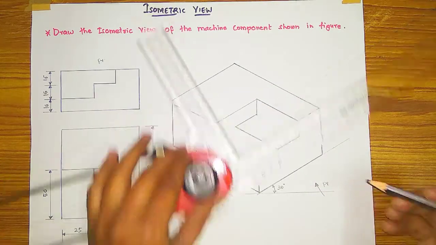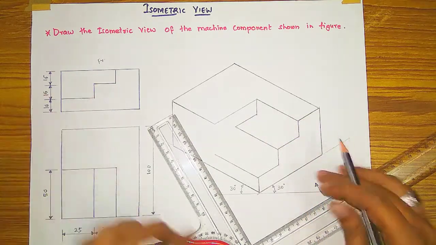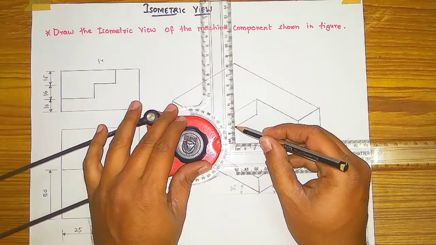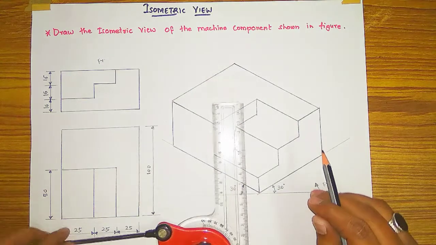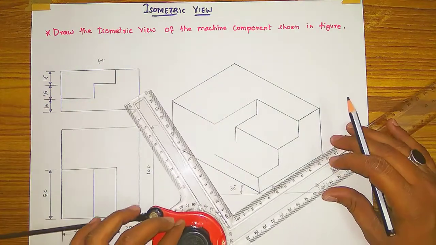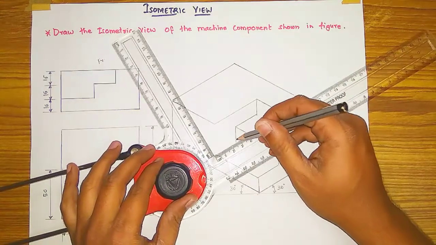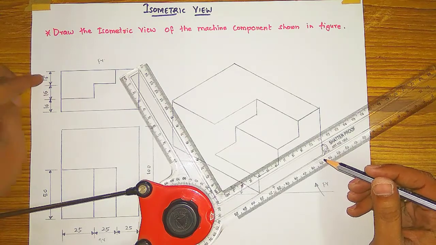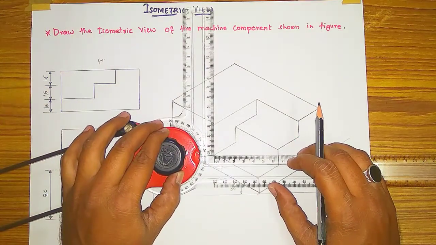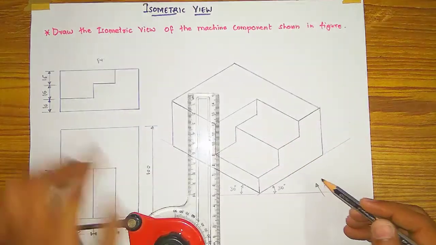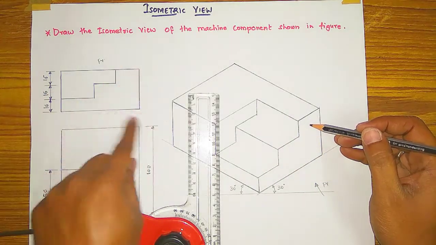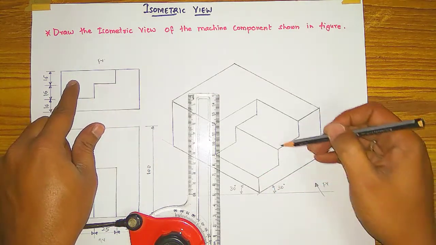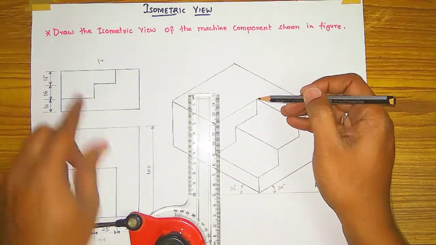Sorry, now it is correct. 25 mm. This line is of 16 mm. So vertically we have to draw 16 mm, and this line is also the same 25 mm as given in the question. So with this angle only we have to draw 25 mm. Okay, and this line is of 16 plus 16, 32. So automatically you have 32 mm here, see. Okay, this section is visible from the front view, means this step area is this one, and this cutout section is somewhat having the steps, and this section it is, in the front view.